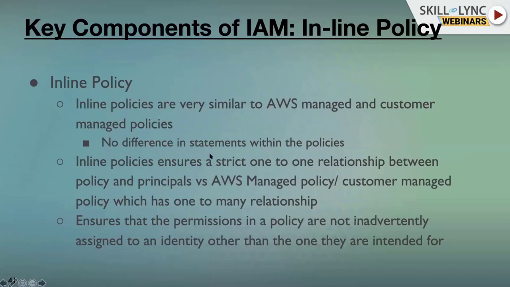Or a particular role. So you write a policy in a similar fashion, a JSON document with a set of instructions, and you attach it. It's a one-on-one relation, and that is the biggest difference here. And the other key difference here is